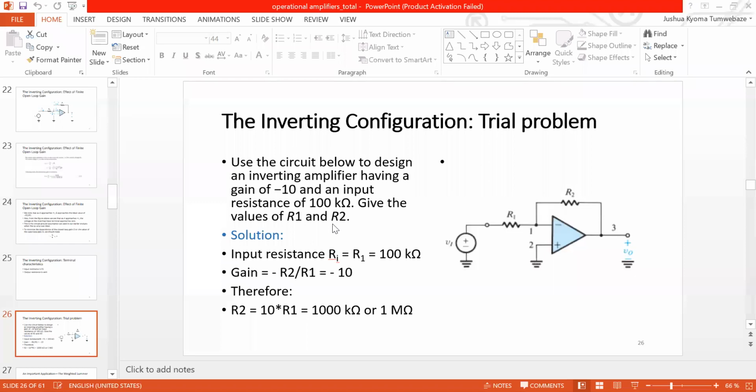Now, when we apply a resistance at the output, between terminal 3 and ground, is that what you're saying? Not yet. No, no, no. If we apply a resistor between terminal 3 and ground, that resistor will